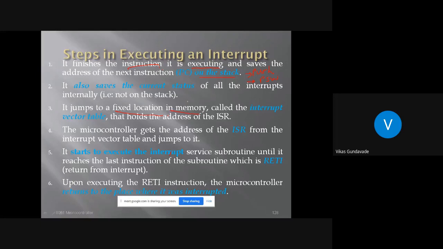So what does it mean? It jumps to the vectored location which is provided for that particular interrupt. The vectored location means the address of that particular ISR is provided in the memory. We can identify this address from the vector table which is provided with the datasheet or the manual of that microcontroller. So the program counter will jump to that specific vector address location where